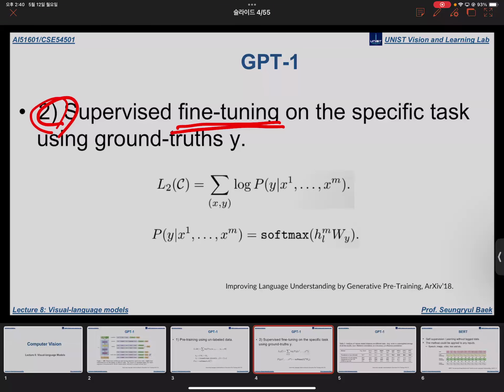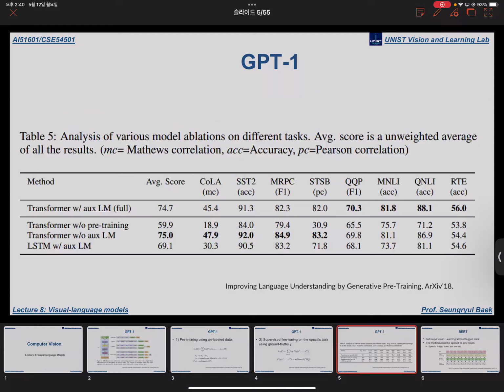So there are many downstream tasks in the NLP domain, natural language processing domain. So, okay, for example, there are many available data sets for that. Okay, so I mean, what they want to say is,